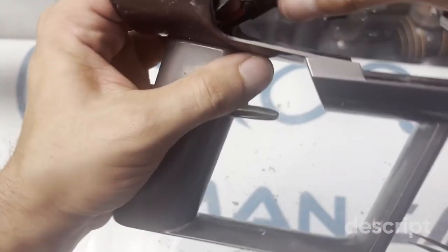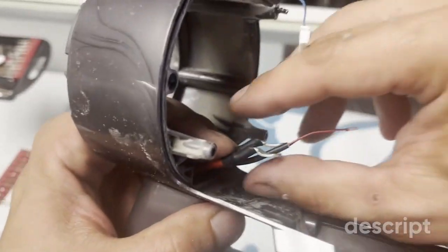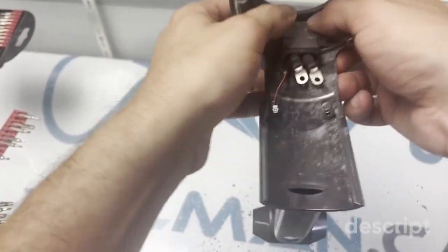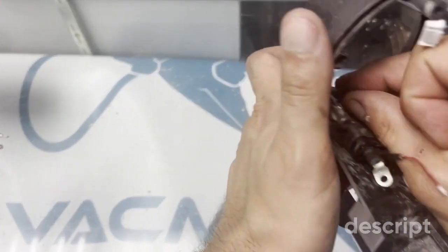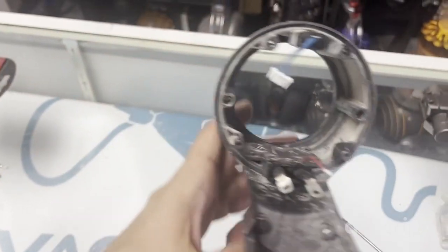Okay, now what we want to do is put this cover back on. This is how I usually position terminals. We go back through. Okay, click them in, and then these, of course, need the screws back in. Two screws that we took out before, we put them back in. Okay, now